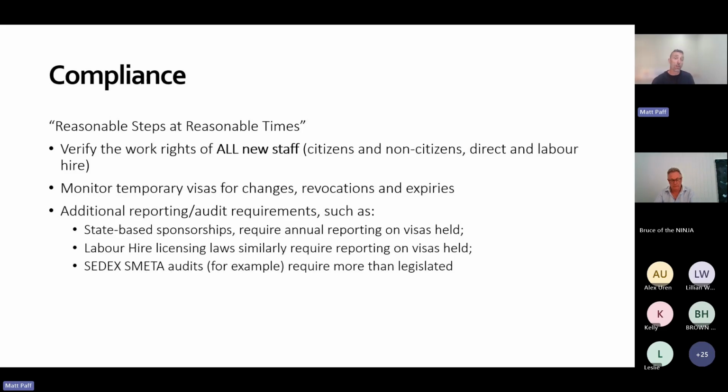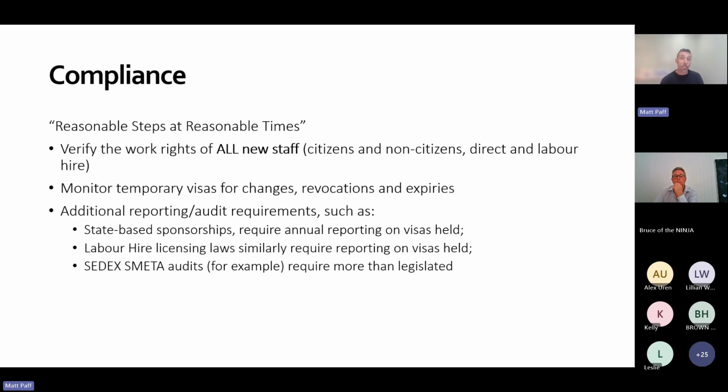our advisory board advises bridging visas and student visas, of which something like 18,000 were cancelled last year, and there continues to be a crackdown on student visas in Australia. They really should be checked on a monthly basis, and the majority of our clients are automating the checking of their temporary visas on a monthly basis.